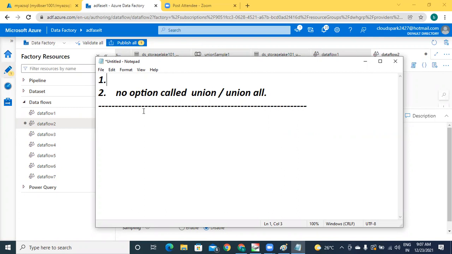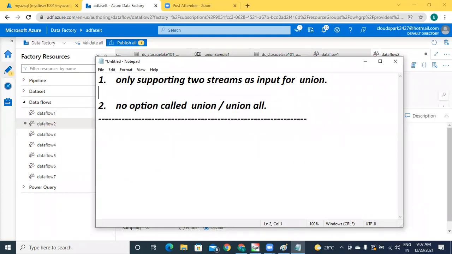About these two things, more practical work we will see in the next class, tomorrow. All of you understood today's class, especially the first limitation: only supporting two streams as input for union. Got it? With other transformations, you can overcome even the second limitation.